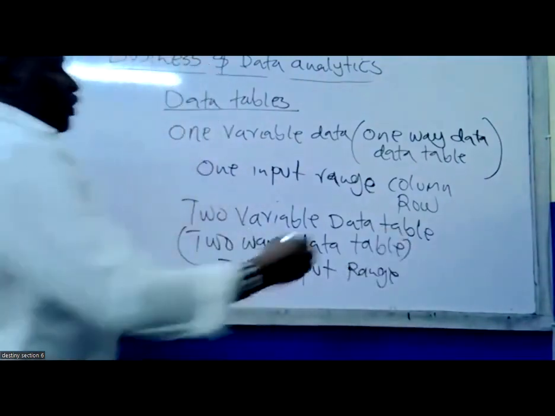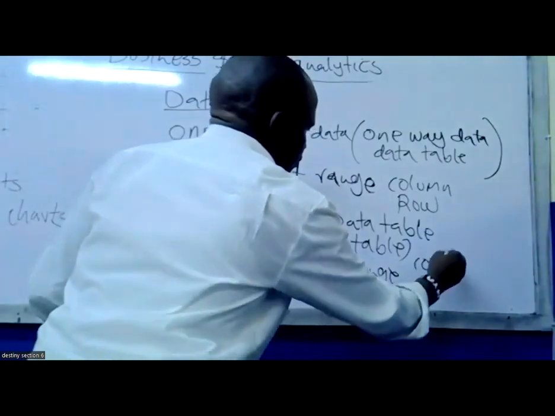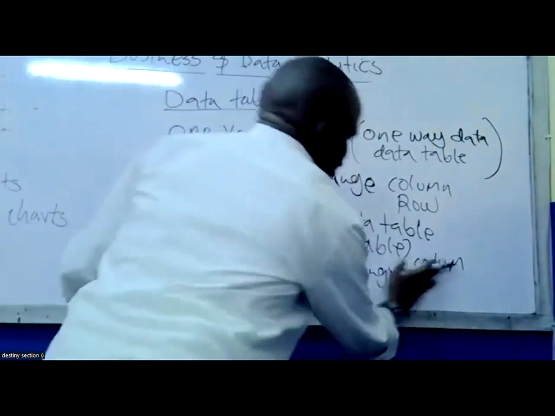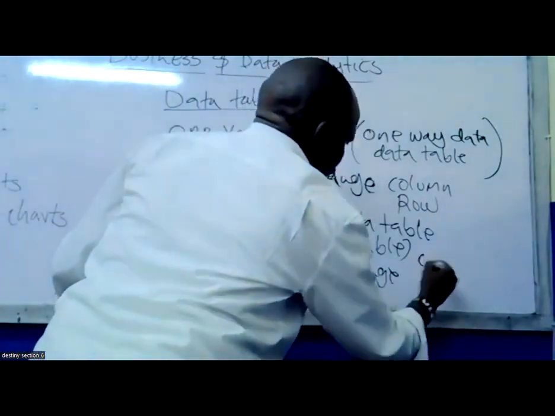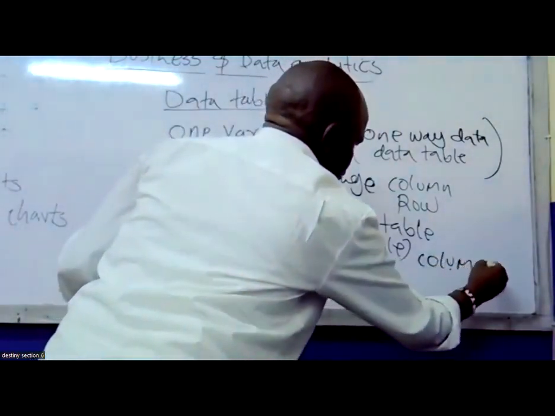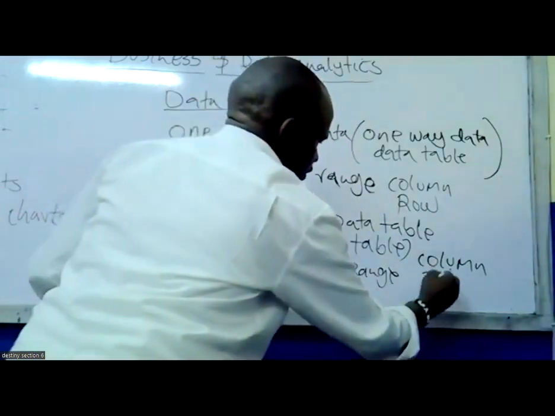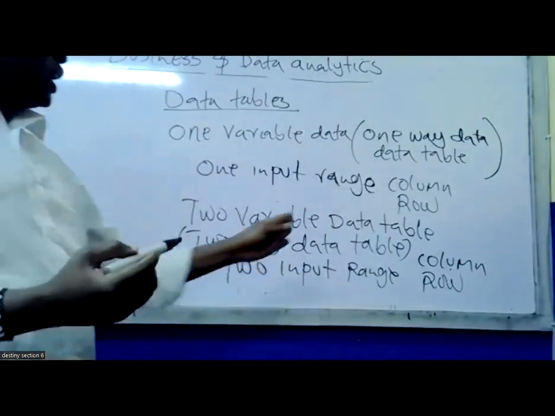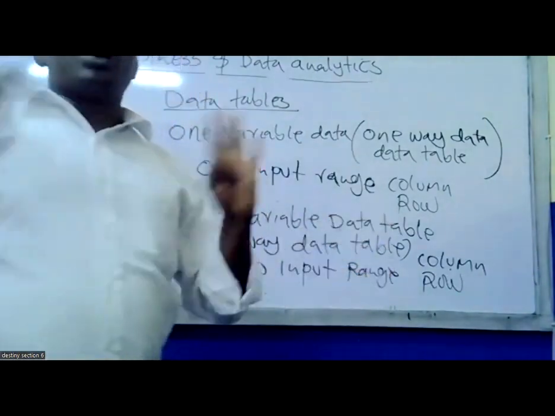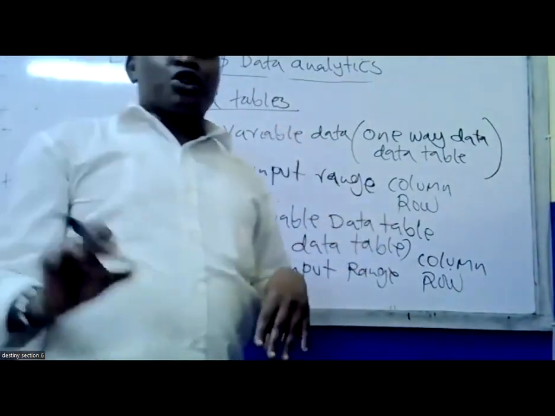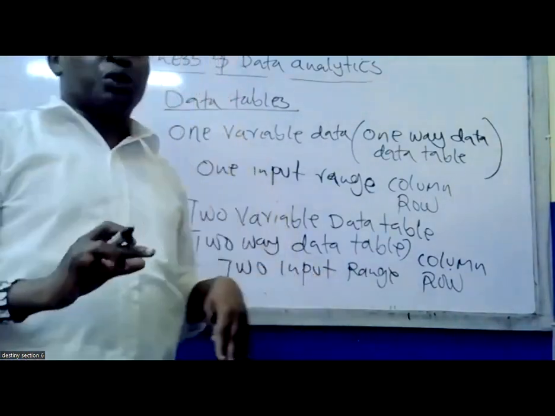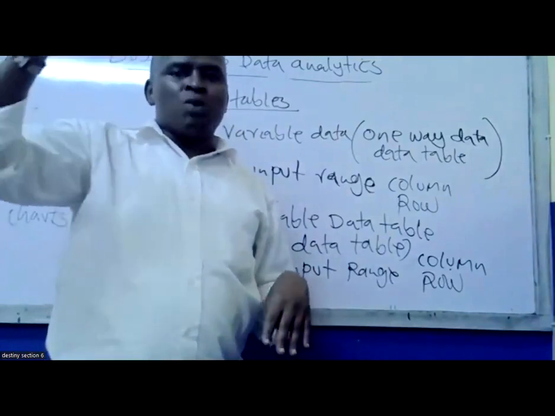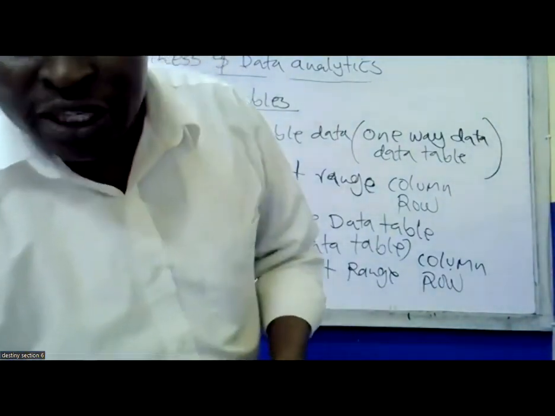So now the column in the data table, the column and rows will be utilized. All the cells, that is the column and the rows, will be utilized. So when you are using the data table in Microsoft Excel, which is under the analysis,